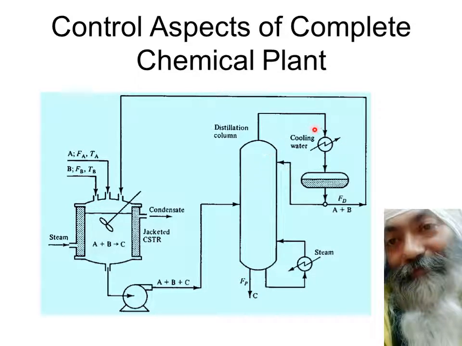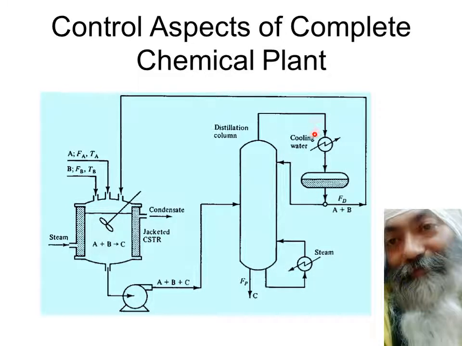And in that case, instead of this going back to the distillation column, it's going here again, and this A plus B, instead of going back to the distillation column, is going to the continuously stirred tank reactor. So the things become complicated because there's a great amount of coupling. How do we say there's a great amount of coupling? This reflux going back to the distillation column is going to contribute to this C part over here, and it's going to change the level of this distillation column also.